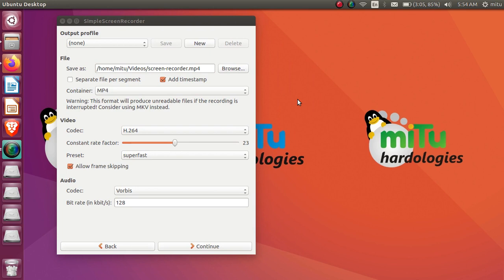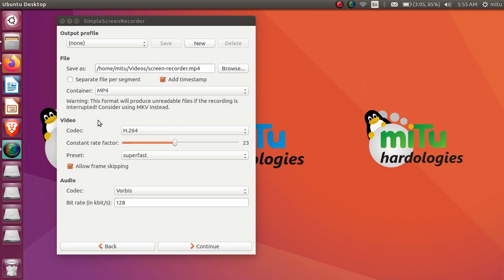The timestamp is the time and date when the recording has started, and that will be added along with the file name. So every time a different file name will be there, with the timestamp connected to it.